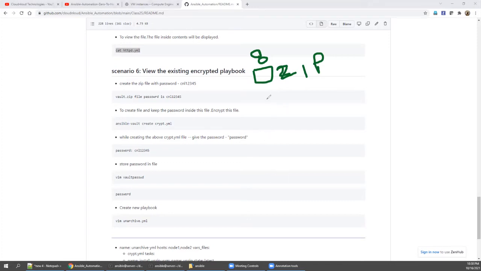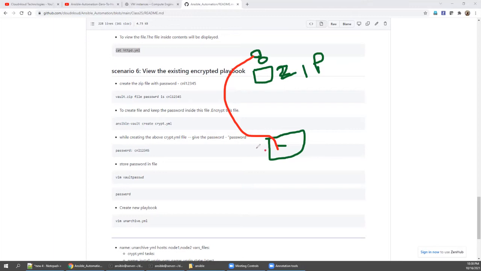What I'm going to do is, I know the password for this zip file. I will create one more file using Ansible Vault, right? Inside this file, I put this password. Remember, this file I'm creating using the ansible-vault command, so I need to give one more password, right?